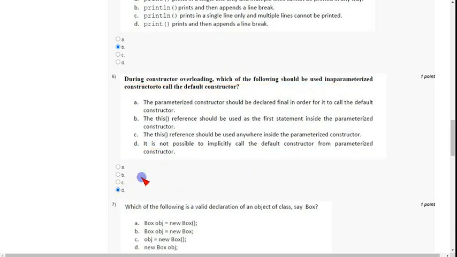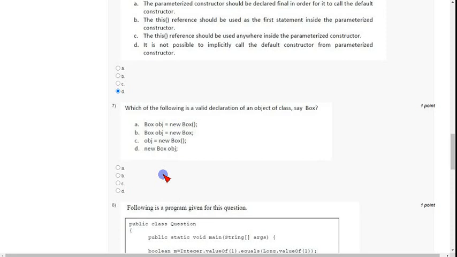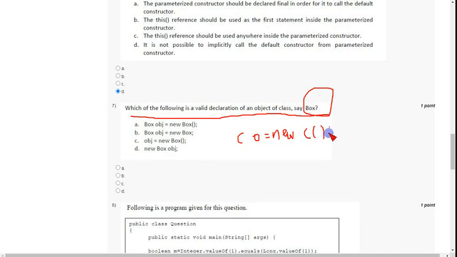And coming to the seventh one, which of the following is a valid declaration of an object of a class, say Box? It means the class name is Box, so which is the valid declaration? We know the syntax: class name, space, object name equals new operator, class name, brackets and semicolon.